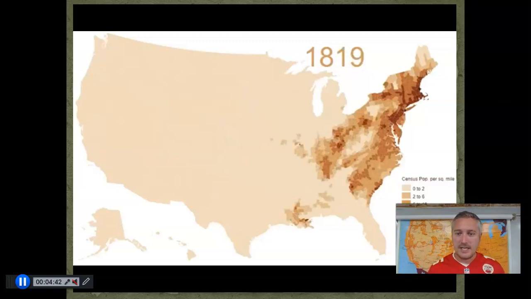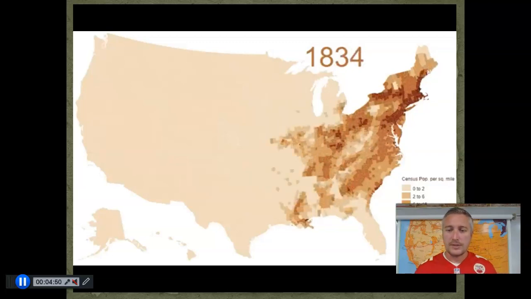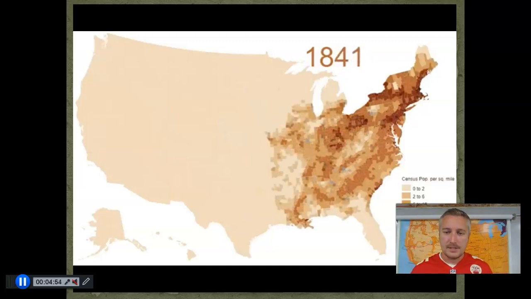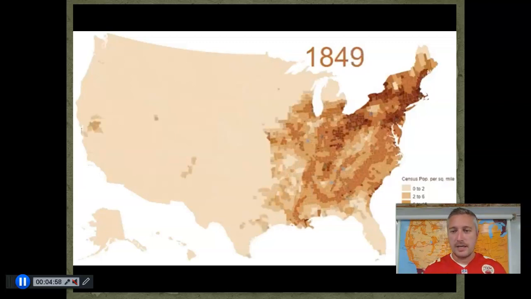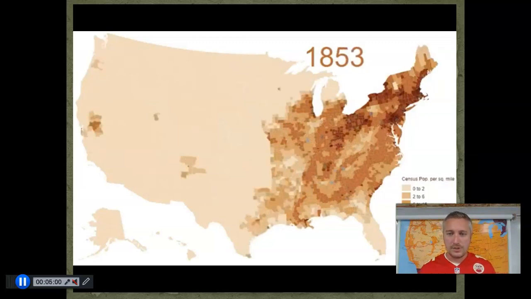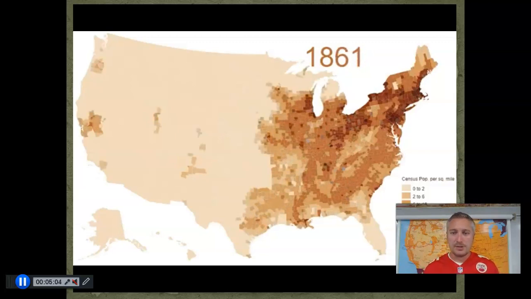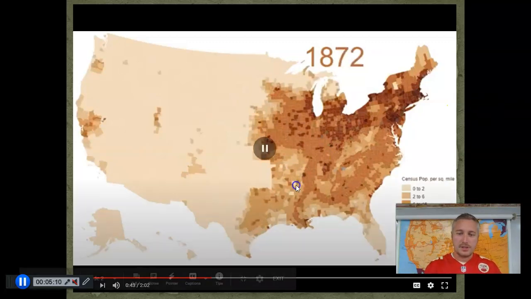So, as each year is ticking by, you can see, by the early 1800s, after the American Revolution, we spread across the Appalachian Mountains, starting to inhabit, especially Ohio, Kentucky, those areas in particular. We're coming up on the Civil War at this point, and you'll notice that the landscape is starting to change. 1861 was the beginning of the Civil War. A couple things. In fact, I'm going to stop it right here.